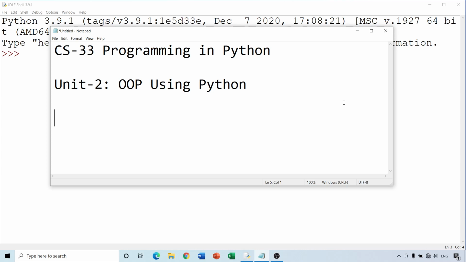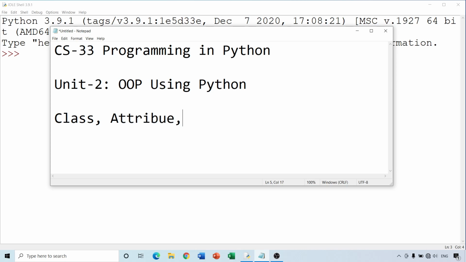Now, let us take an overview of some terms as far as OOP is concerned, and then we start with Python. Most of you should be familiar with some of the terms like class,